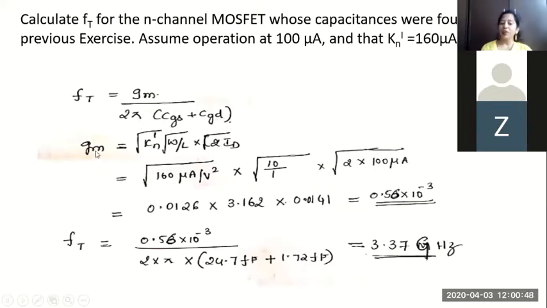And how do I find gm? Kn dash is given. W by L was given in that problem: 10 micrometer divided by 1 micrometer. Kn dash is 160 microampere per volt square. And Id is 100 microampere. Operation current is given. So you use 2